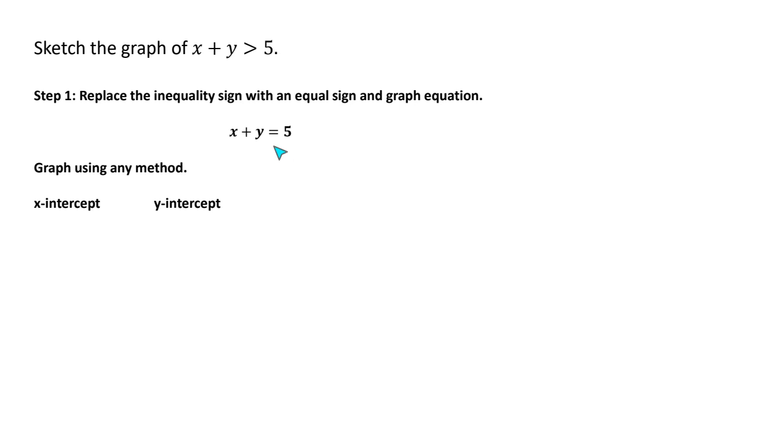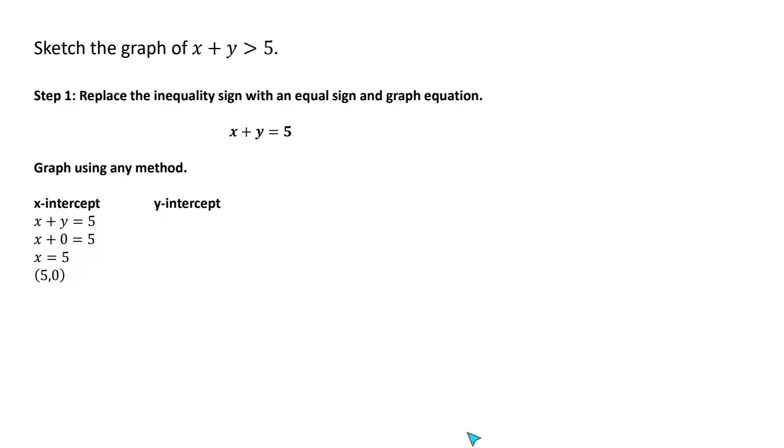If you prefer to use the slope-intercept form, you can do that. Or in this case, I'm going to use the x-intercept and the y-intercept. Recall that for the x-intercept, we let y equal 0 and solve for x. So if y is 0, then x is going to be equal to 5. So my x-intercept is